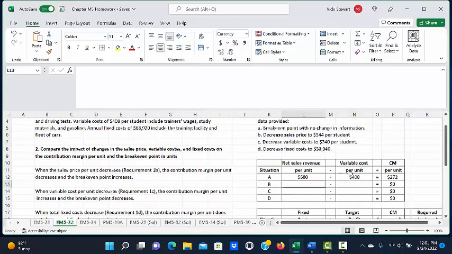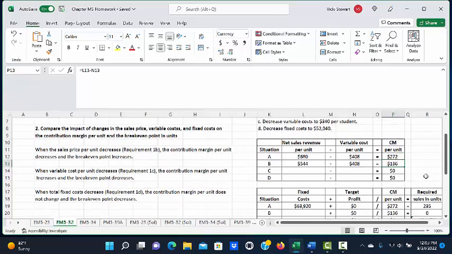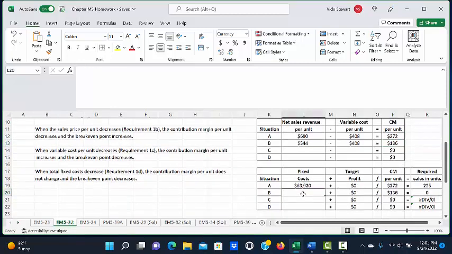In situation B, it says decrease sales price to $544 per student. So now we're going to decrease our sales revenue per student to $544, but our variable cost per student will remain the same. So we see now that our contribution margin per unit is $136. Our fixed costs remain the same at $63,920, which when we divide by the $136 contribution margin increases the number of units or number of students we need to break even to